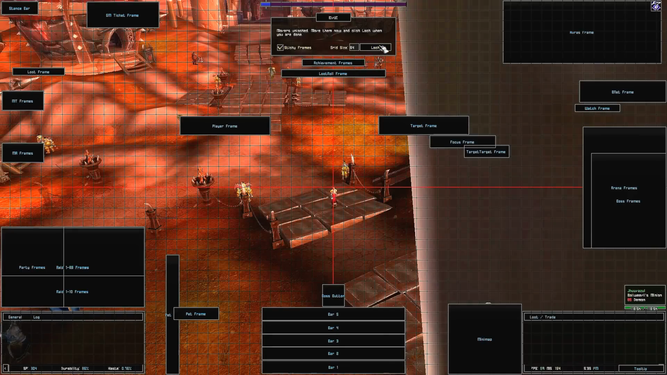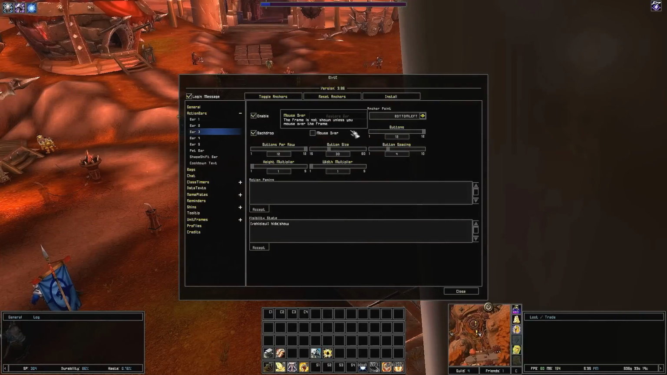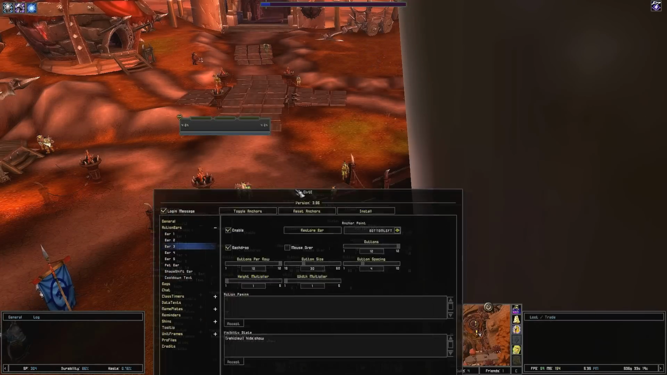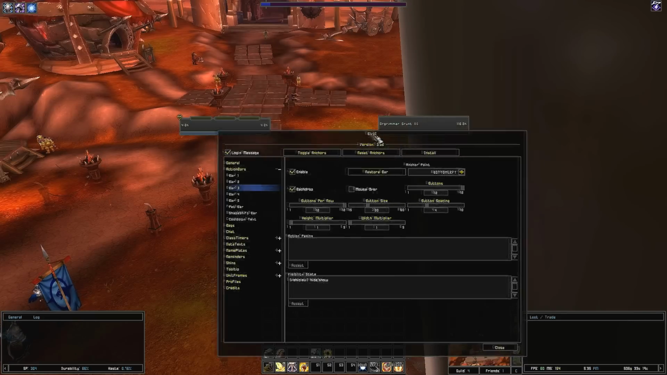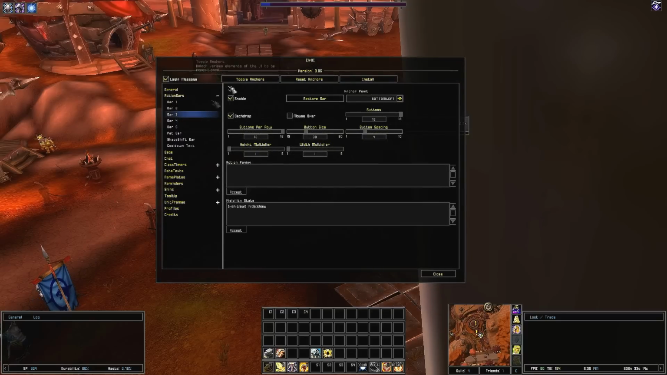So now that we've done that, we're going to lock the frame, and now you have pretty much a setup of how I have it. Target something real quick, target this guy, and bam. Now we're getting close to what my UI already looks like. So we're going to minimize that now that we're done with the action bars. Now we're going to go to